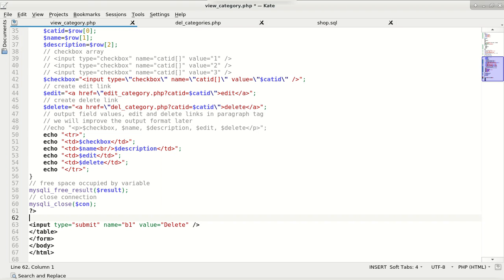We also need to add a row tag here, and we want to display this. Now how many columns do we have? 1, 2, 3, 4. So here we will